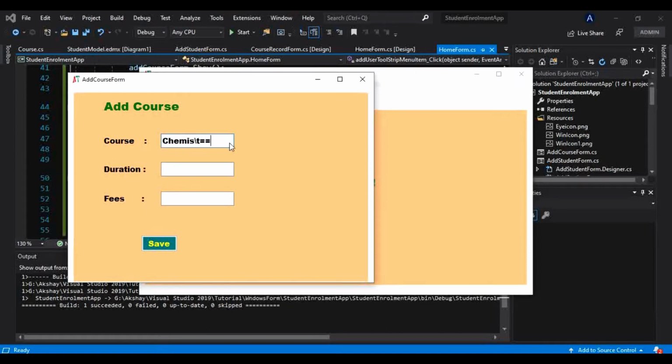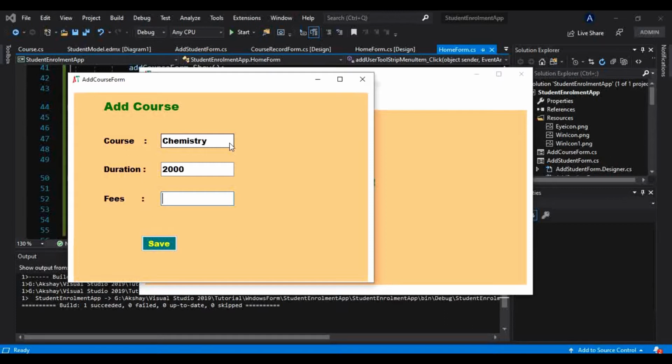I have told you before as well, we cannot consider this as one course. This is nothing but a subject, but I am only showing you some examples. You can add anything you want. I am just trying to show you how we can create this application, and how we can add data into our database. And now that is up to you, whatever kind of database you want to create, whatever kind of application you want to create. This is only one example of an application. You can create any application.